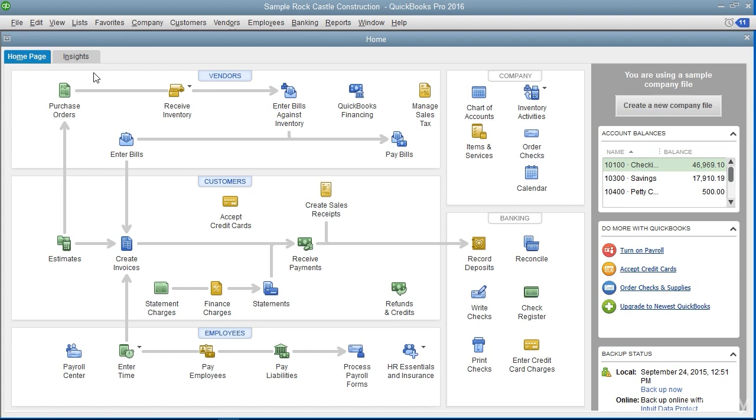The home page shows icons that illustrate the sequence of activities often performed when using QuickBooks. Each activity is shown as an icon within a diagram of related activities underneath a general heading displayed at the top of each section, such as customers or vendors. The flow of activities shown here is a really great way for new users to begin learning how QuickBooks is